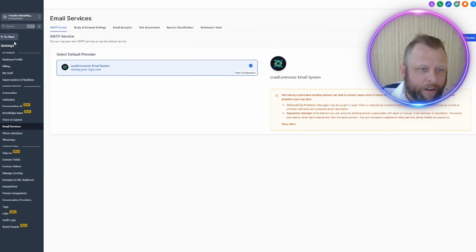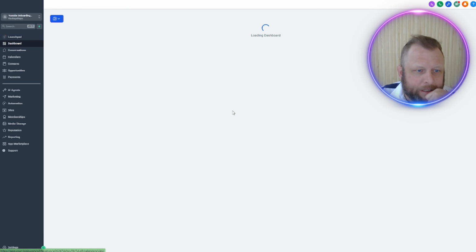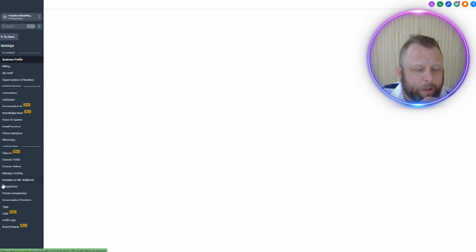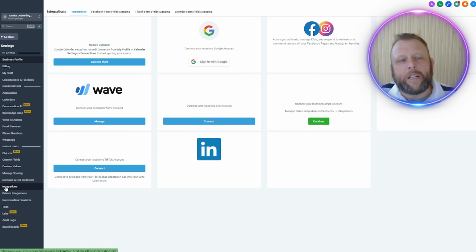And then the other thing you need to do, and we'll actually go do this really quick, is add a Stripe account, because it's going to be part of the forms. It's going to be part of the automations for when they make that payment. We're going to help you make that payment at the very least. So to do that, you're going to come back to settings. We're going to go back to integrations, and